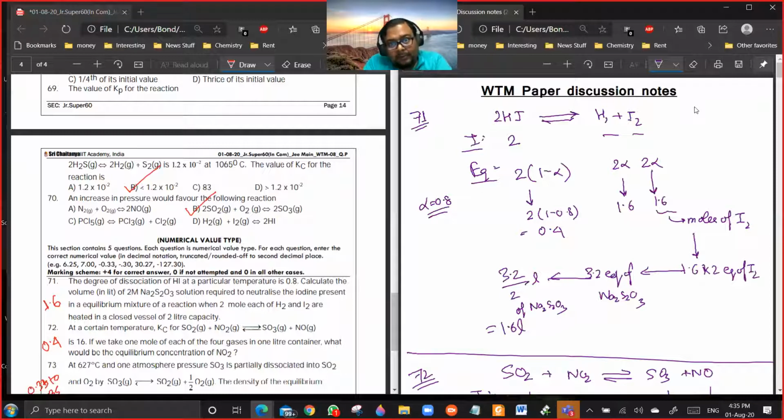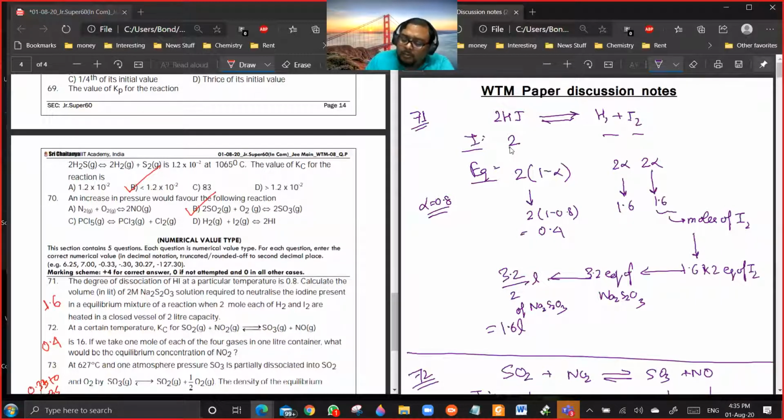So from that side also you will reach the same equilibrium. I have told you that you can reach the same equilibrium whether you are starting with reactant or you are starting with product. Whether you are taking 2 moles each of H2 and I2, then also you will get H2, I2 and HI in the equilibrium. And whether you are starting with 2 moles of HI, still you will get H2, I2 and HI in the equilibrium. So you see, 2 moles of H2 and I2 means that you are starting with 2 moles of HI also. Then also you will get the same equilibrium.